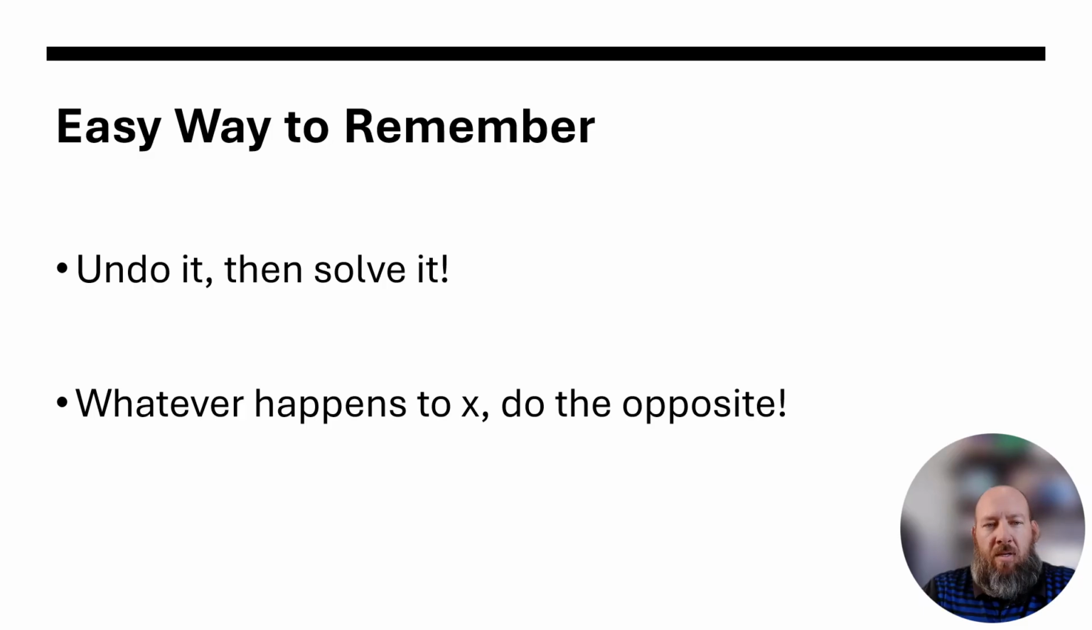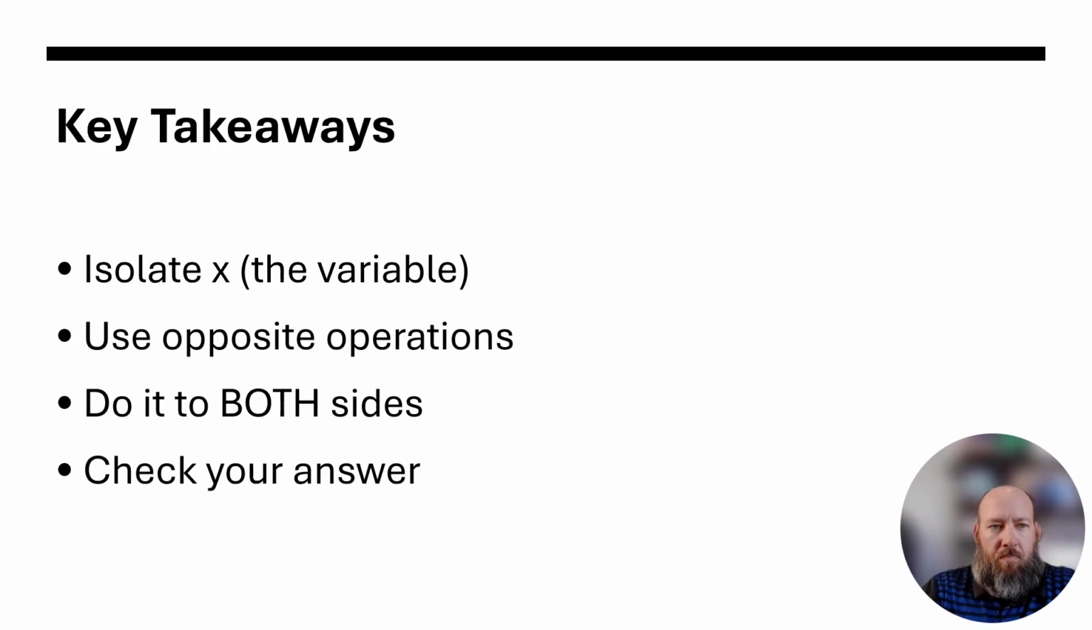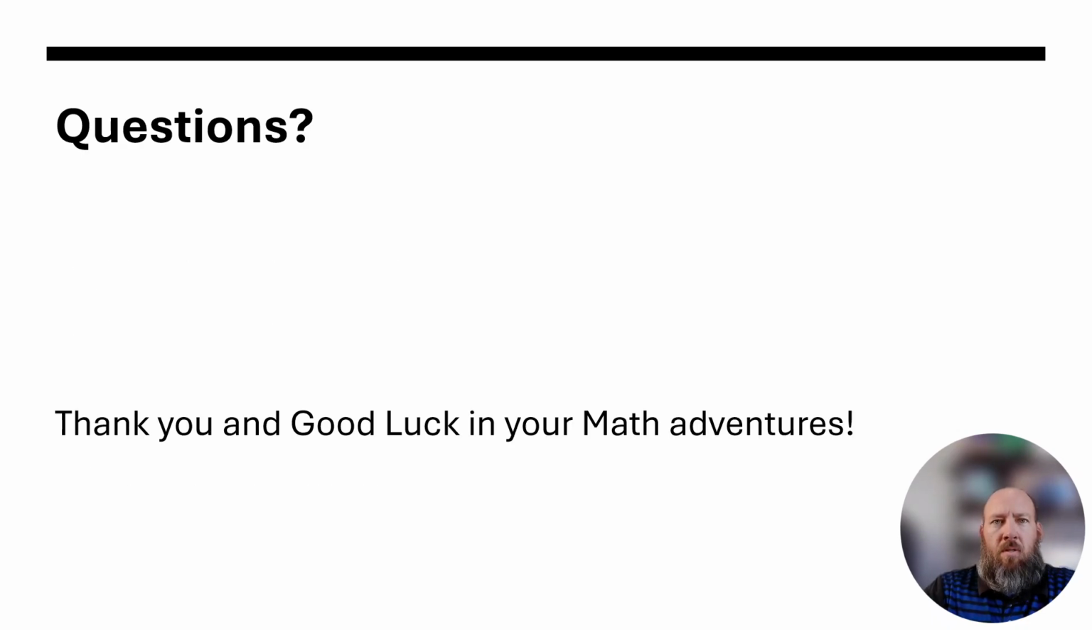And an easy way to remember this is whatever happens to x, do the opposite and undo it, then solve it. Key takeaways: you're always trying to get x by itself, the variable. Use opposite operations. Do the opposite operations to both sides to make sure the equation stays equal, and then check your answer. This concludes my